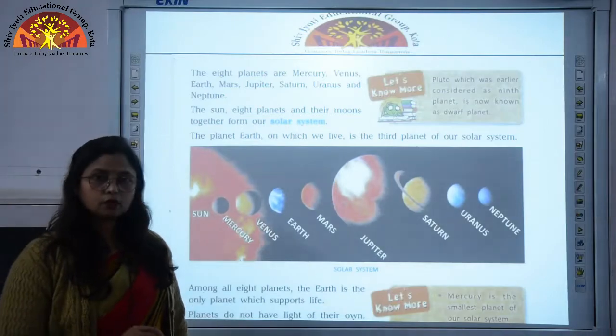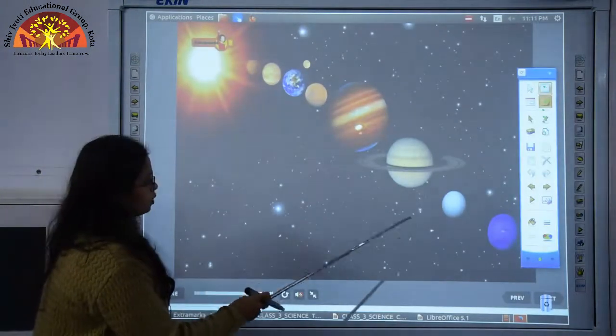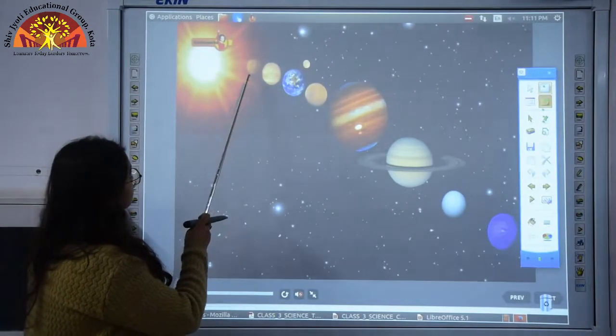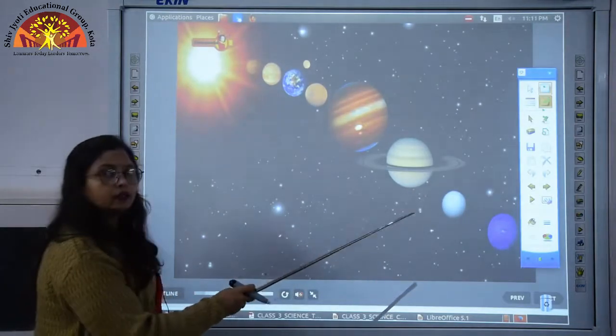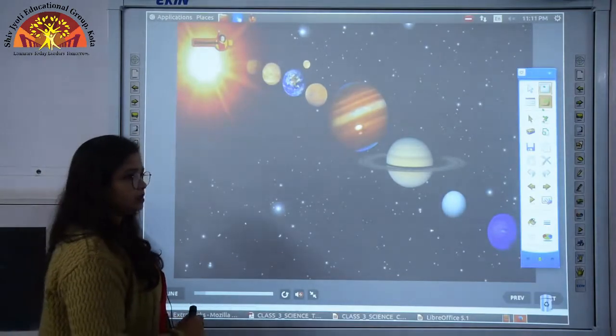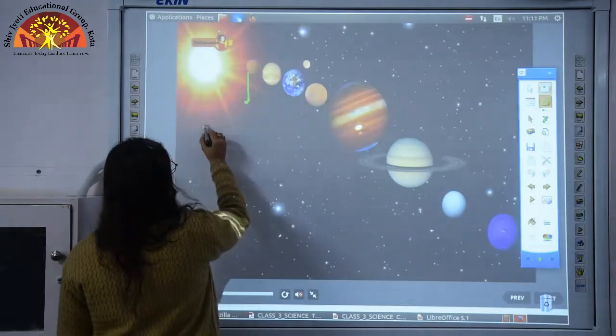Okay. So, let us see how this happens. Now, see children, this is a complete solar system. Here this is the sun. Then after sun you can see these are small balls. All these balls are representing the planets which revolve around the sun. So, let us see each of these. The very first planet over here is called